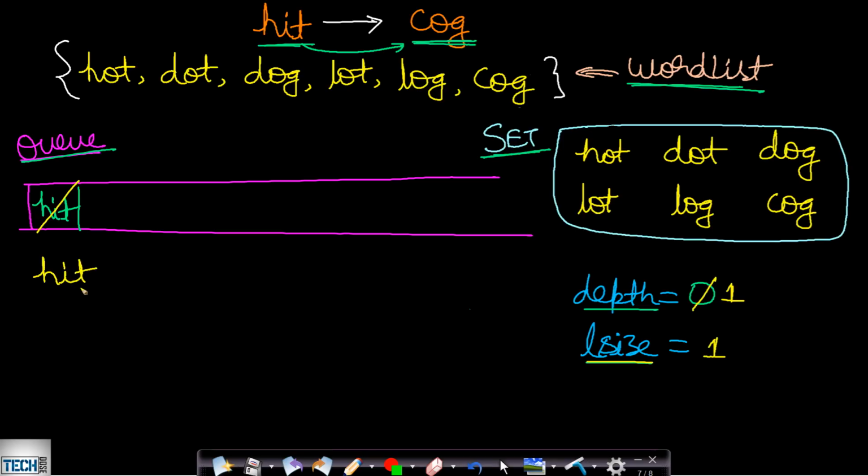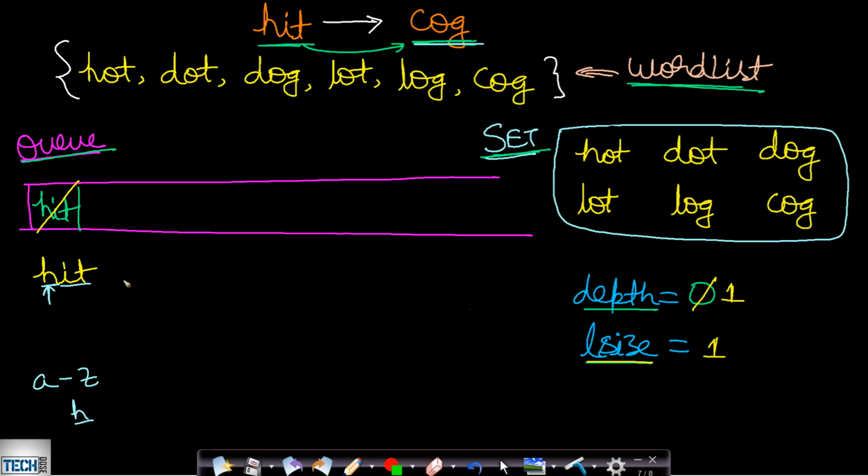Now you want to transform this word to certain other word which is present in the set in such a way that you can reach this cog, which is our end word. Now we will do a brute force transformation. What is a brute force? For each and every letter you can convert from A to Z. There are basically 26 possibilities. We will try each of them and we will skip the same character, that is, this one is H, so we will skip H because this will lead to the same word which we do not want, because each and every word is different. Now in this case, is there any word in the set which is ending with IT?